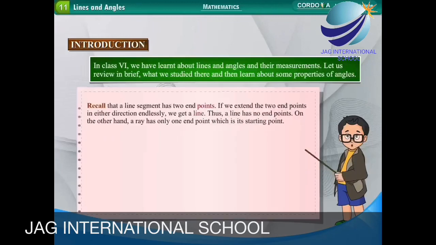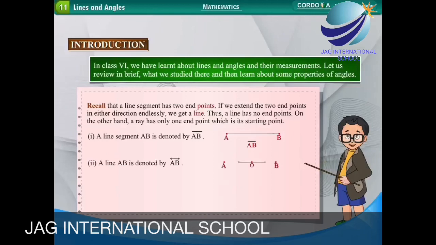Recall that a line segment has two endpoints. If we extend the two endpoints in either direction endlessly, we get a line. Thus, a line has no endpoints. On the other hand, a ray has only one endpoint, which is its starting point. A line segment AB is denoted by a ray AB is denoted by